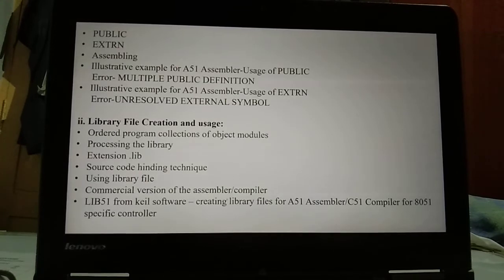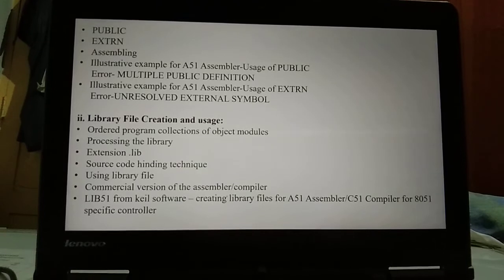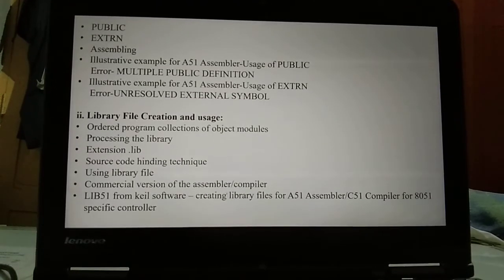Commercial versions of the assembler or compiler also give additional add-ons such as multiplication code, floating point code, etc. LIB51 from Keil Software is used for creating library files for the A51 assembler or C51 compiler for the 8051 specific controller.